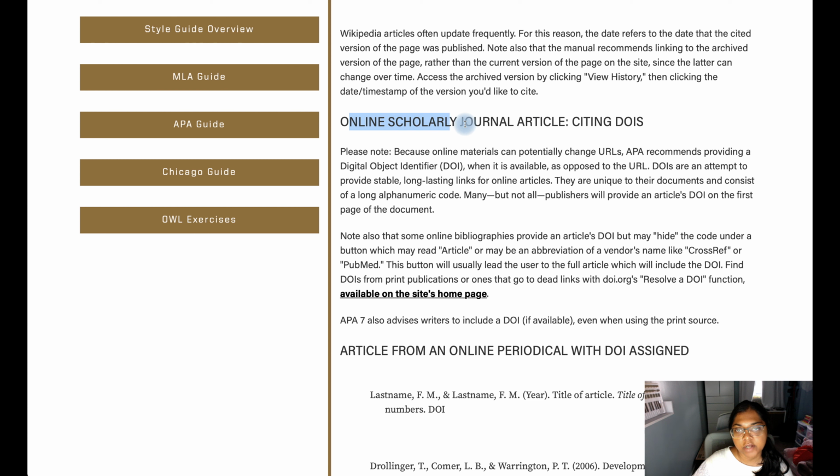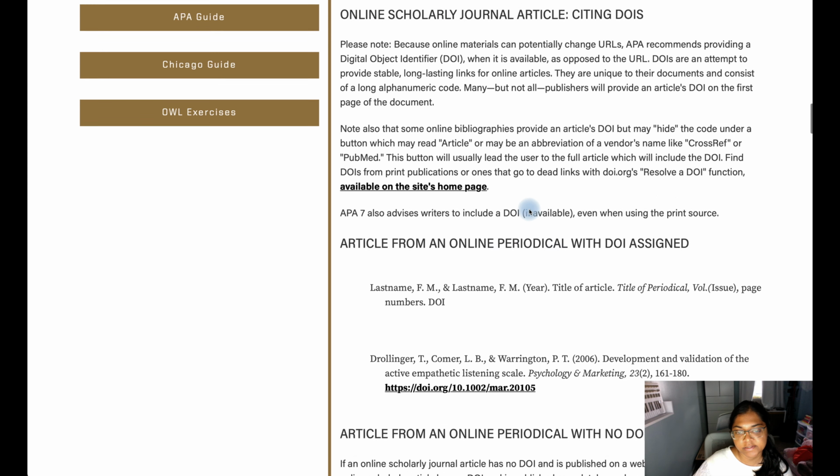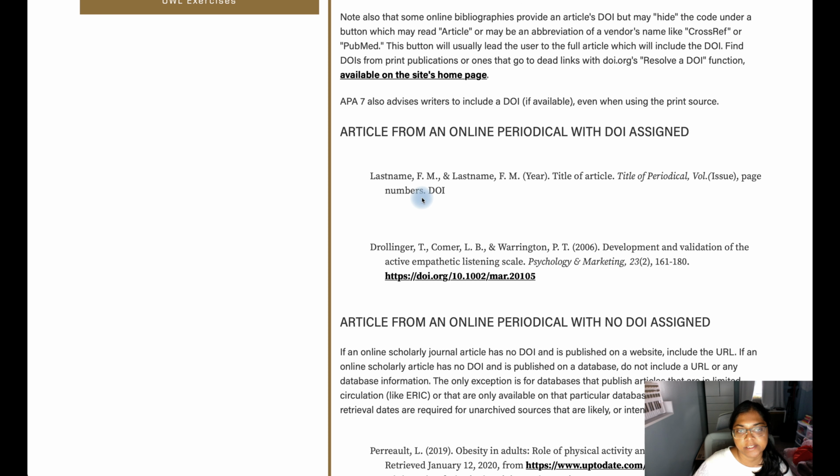So the online scholarly journal article, that's the one that you'll be using if you're citing a source from a database, from a journal that appears in a database. And this is how you're going to cite it. If you have a DOI number assigned, and the article will say DOI on it, so that's how you know it has a DOI, this is the format that you'll be using, where first you're listing the last name of